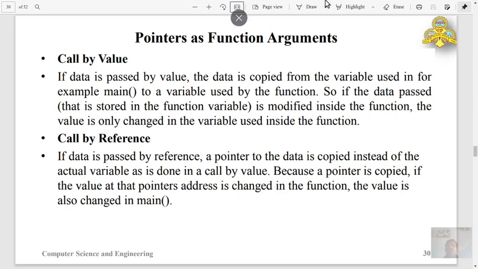So another one is call by reference or call by address. In some programming languages they use only the word call by reference or call by address. Here we'll use the word call by reference. It's also the same as call by address. In the call by value, whenever we call a function, whatever values are provided as arguments in that function are copied into the variables inside the function, and whatever changes are made to those function variables do not reflect in the calling function.